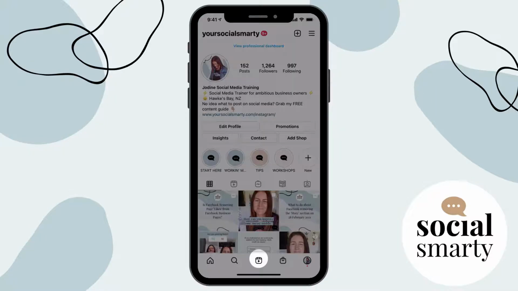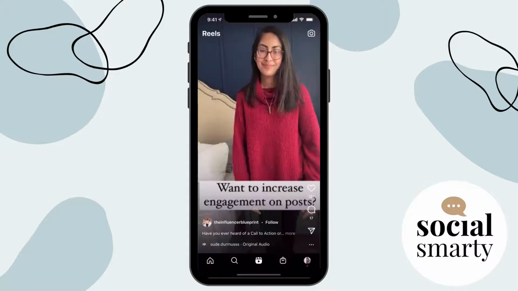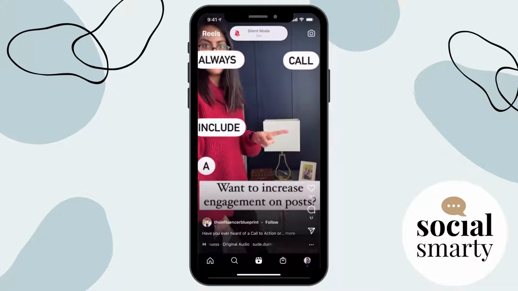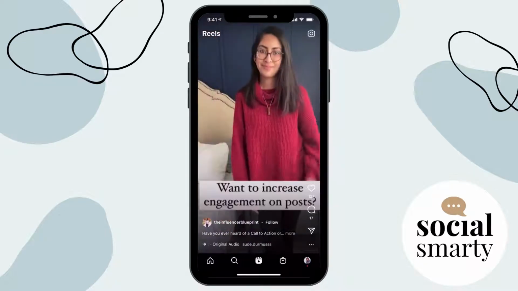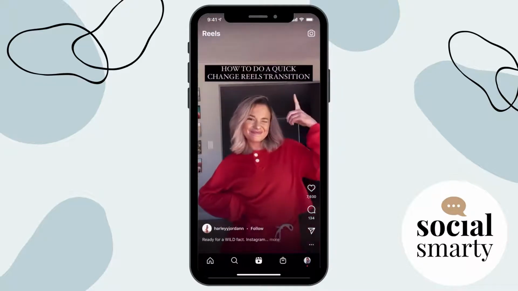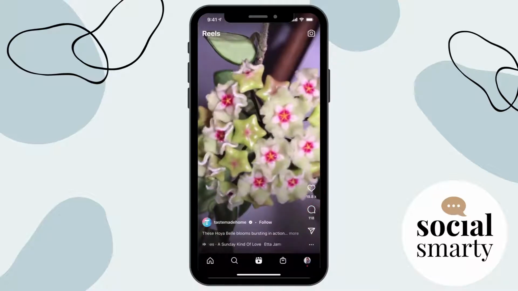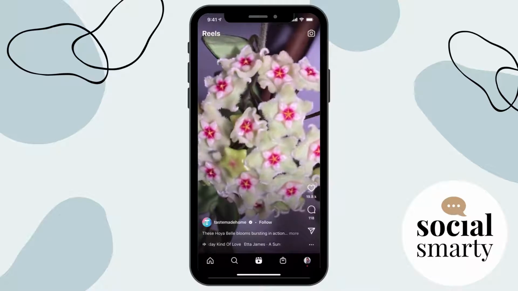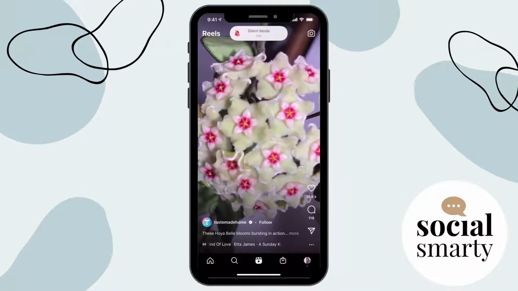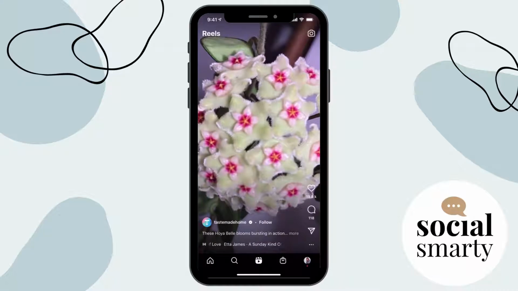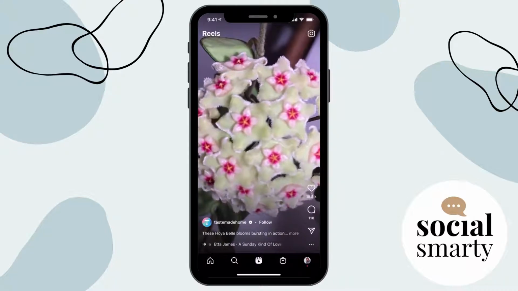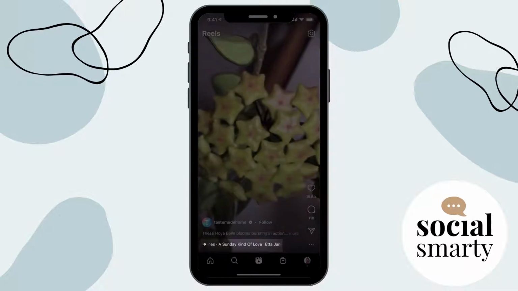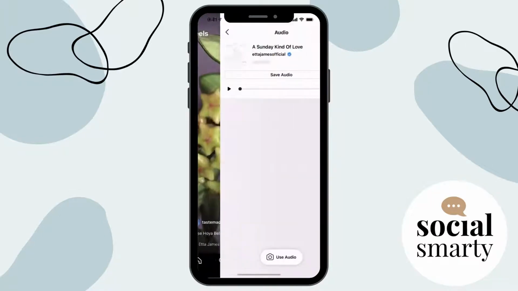So I'm going to click on the Reels icon at the bottom there in the center. Now I'm just going to mute that audio there, but this is literally what I would do, is I would just scroll through. Cool. So if I hear that audio and I think, yes, I can work with that audio, what I'm going to do is click on the name of the song at the bottom. So we can see it there. It's kind of scrolling across the screen. So I'm going to click on that.